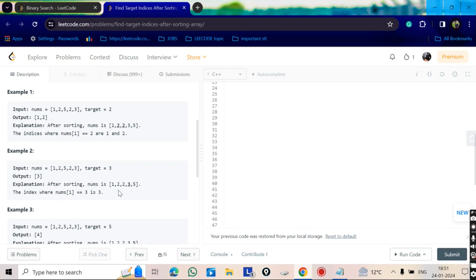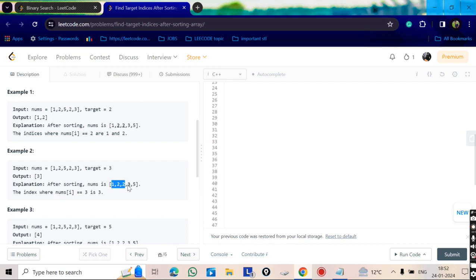So first we put the lesser elements, then we put the target, and after that we put the remaining elements. So we are looking at the index where the target elements start, after the lesser elements end.